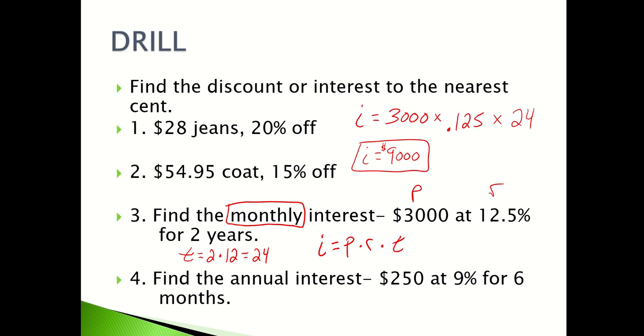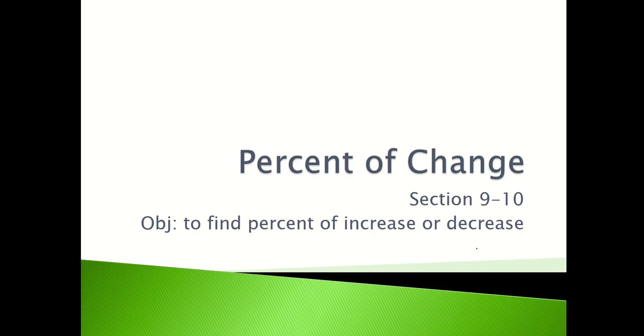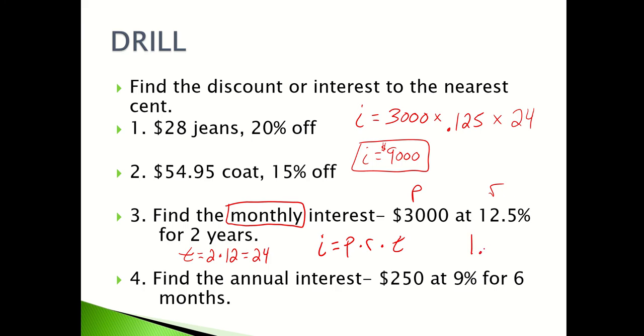But another way of doing this one, if that is your annual interest, you would have to divide it by 12. So if you divide 12.5 divided by 12, it would be about 1.04% per month. So I'm not going to give you one like this and make you interpret it one way or the other. I'm not out to trick you. So again, if you have monthly interest questions, go back and rewatch that part of the video. There are a couple problems on that. And you can see what your typical test or quiz question would look like based off of that video